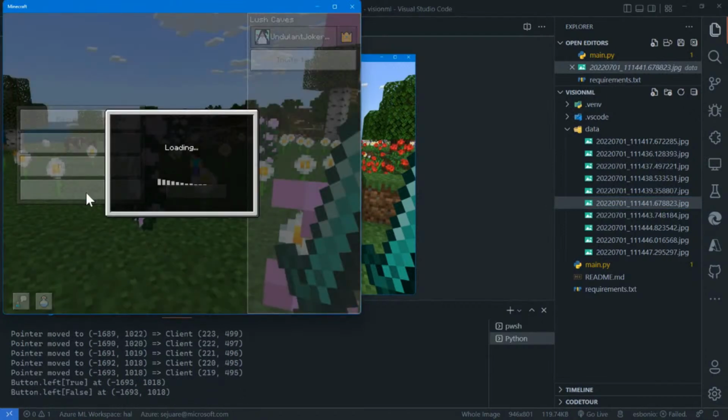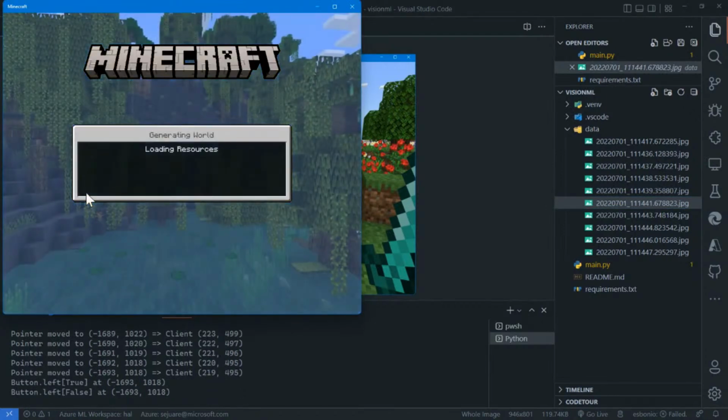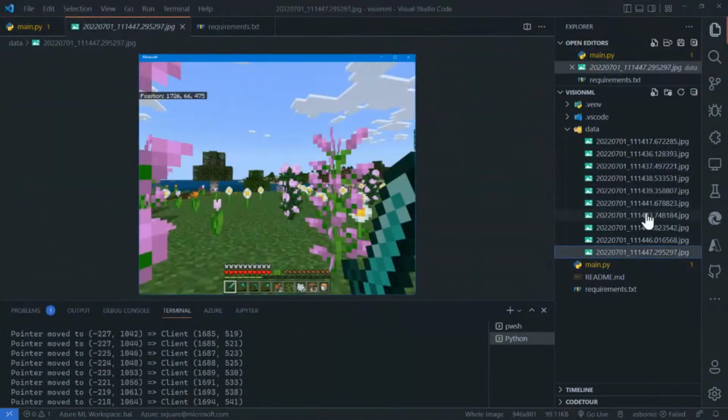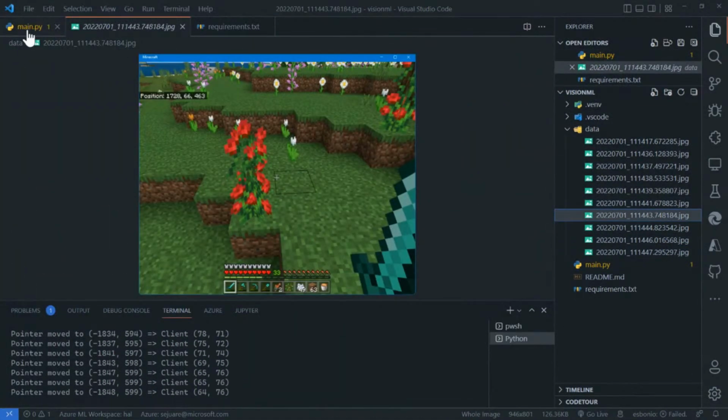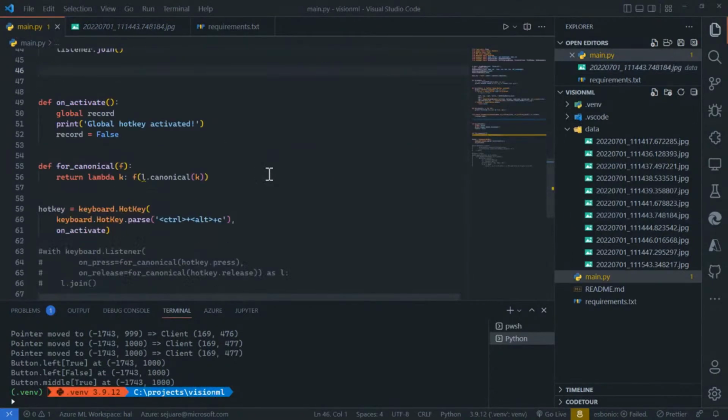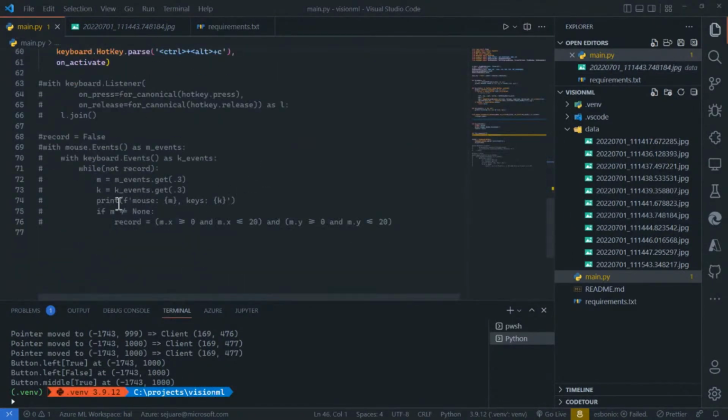Does that make sense? That's cool, right? It just grabs the picture for me. So now I've got the picture part going. I started getting the keyboard part going here. I pressed the middle button to stop it, but I started getting the keyboard part going so that it could start to record events for the keyboard and the mouse.